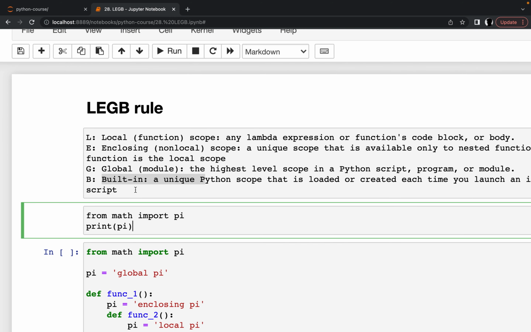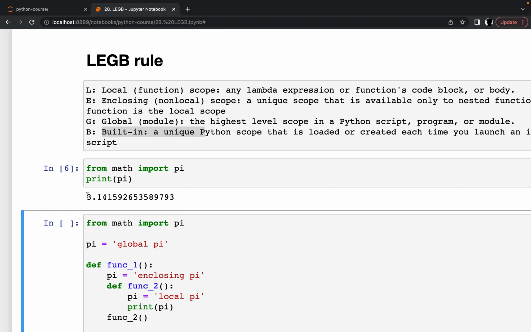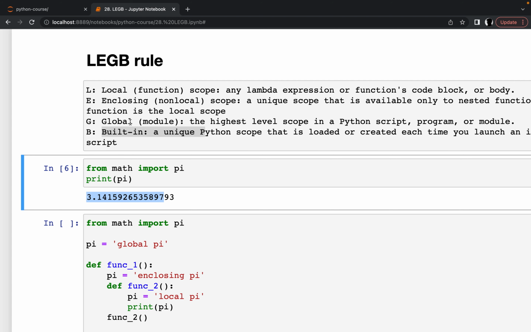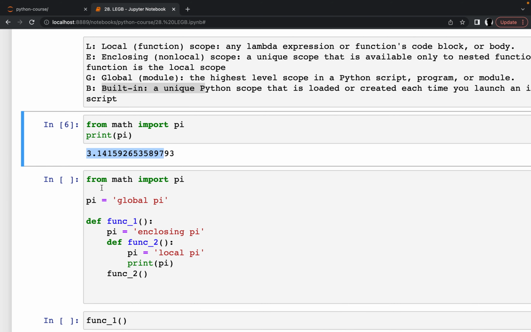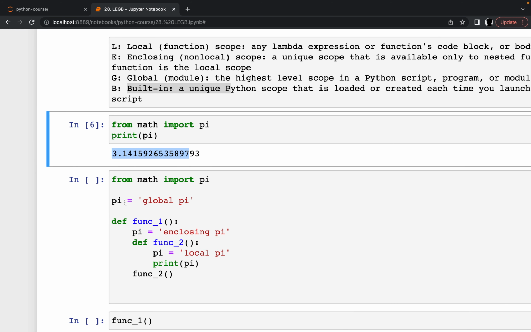Returning to the code first, if we import pi from the math module and then print pi, this is the built-in pi. Now we create a function like this. So first we